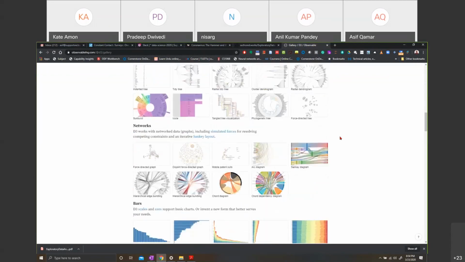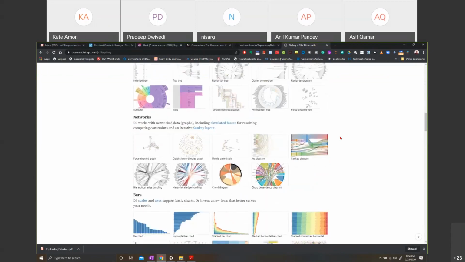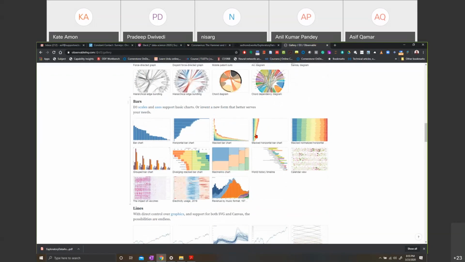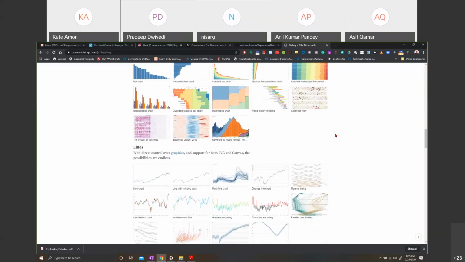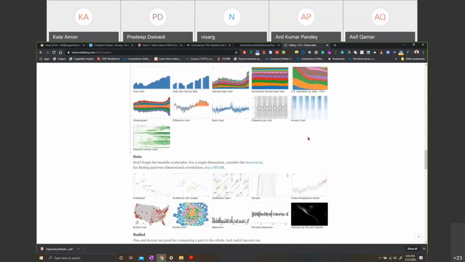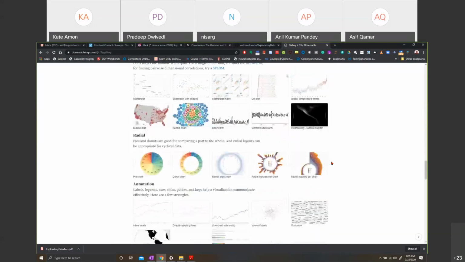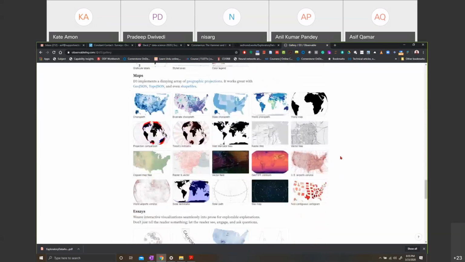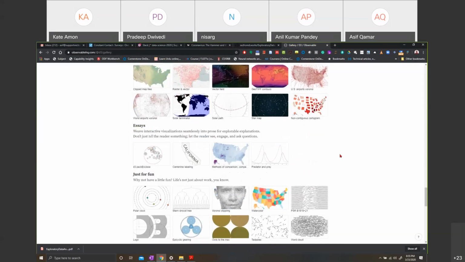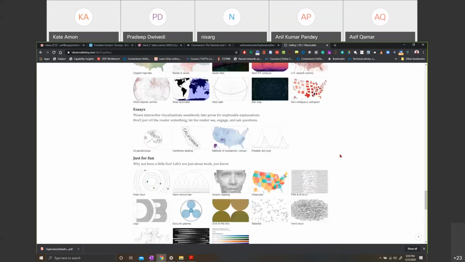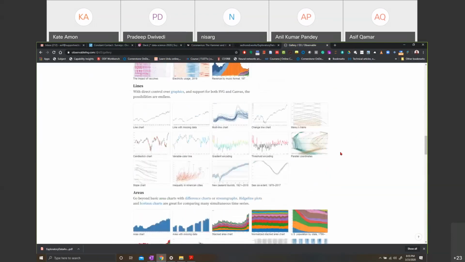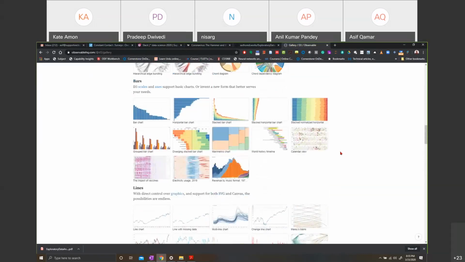So I would highly recommend that whenever you want to create a data visualization, visit it, see how it is done, learn from it, and then do it. Thanks to Michael Bostock, this code is freely available, so if that code suffices for your need, you can take it. A lot of people have just used this. If you look at these visualizations, you would recall that there are many, many websites you have visited which actually use these things. And there are many websites devoted to this sort of thing.